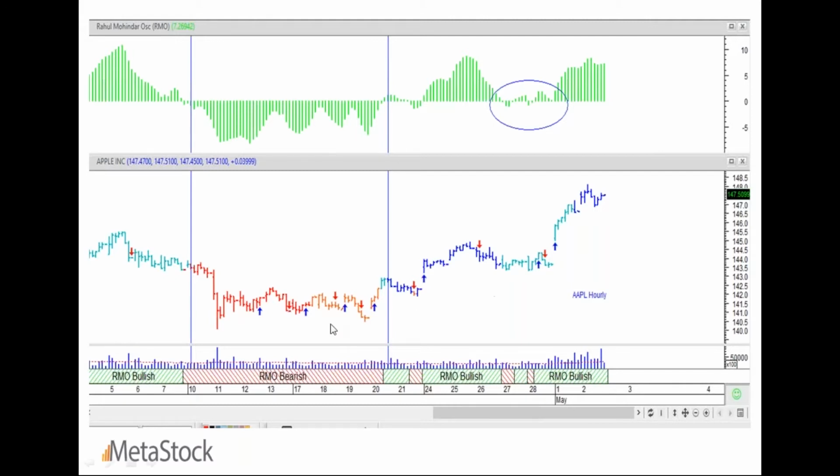Now, looking at the sell, when Apple gave me the sell right there, it comes in with a first red colored bar, which is really good, then the RMO bearish, and that helps me kick into the sell side of a trade. So what I can tell you is that the new bar colors of the new super filter model are a lot more efficient.